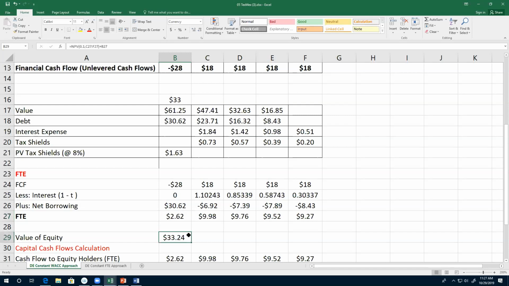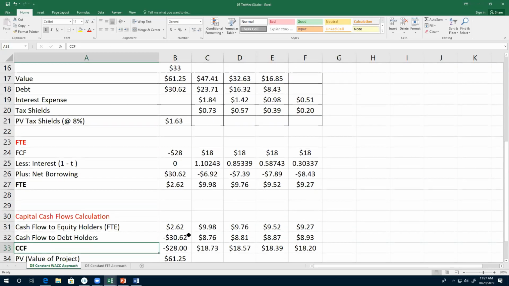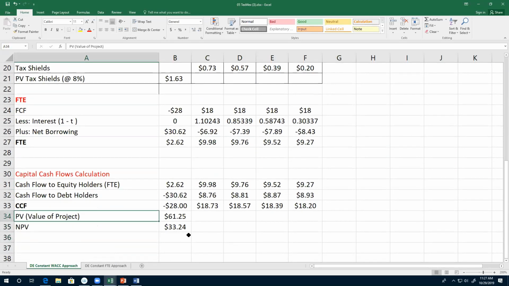So that's basically what's happening over here. The NPV is the same. The capital cash flows approach is perhaps the easiest one to implement over here because, I mean, there are a couple of ways to do it. You take the cash flow to equity holders and you add to that the cash flow to debt holders, or maybe I'll show you